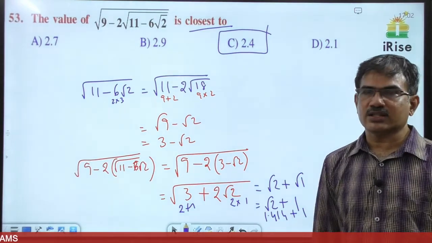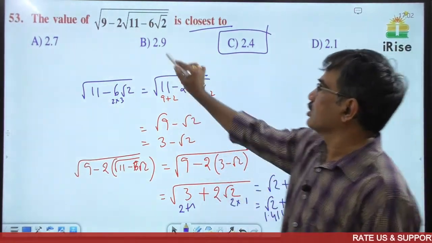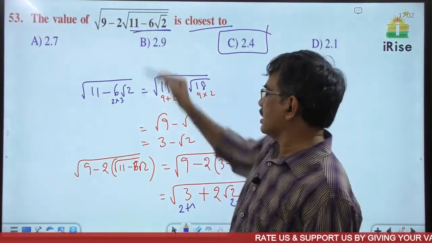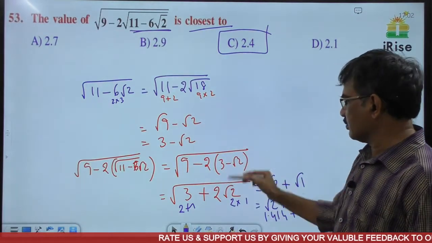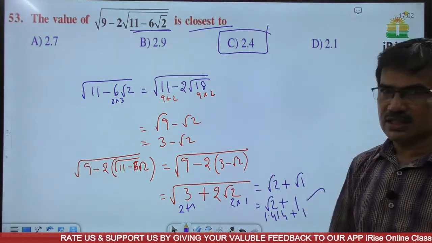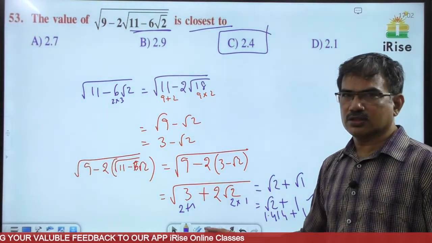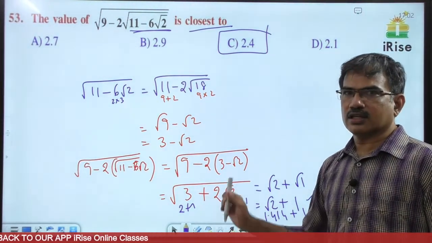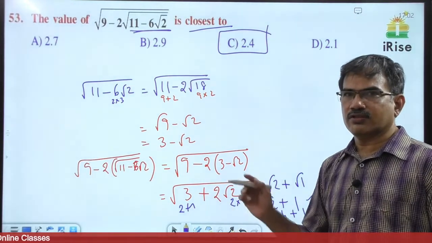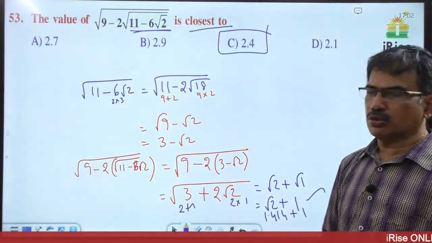Two times finding square root gives the answer. First find the square root of this part, then 9 minus of that one, 9 minus of this part, we get root 2 plus 1 as the answer. Okay, understood? I think the questions are very simple. If not understood, again go through the question.